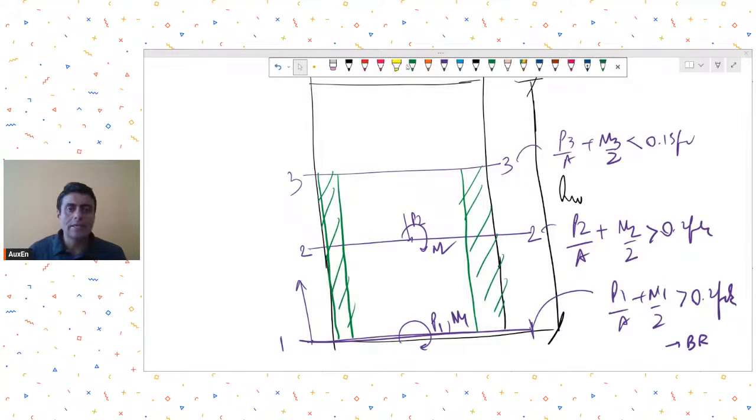Now, how do you calculate this height then? How do you calculate this dimension? So this dimension generally,